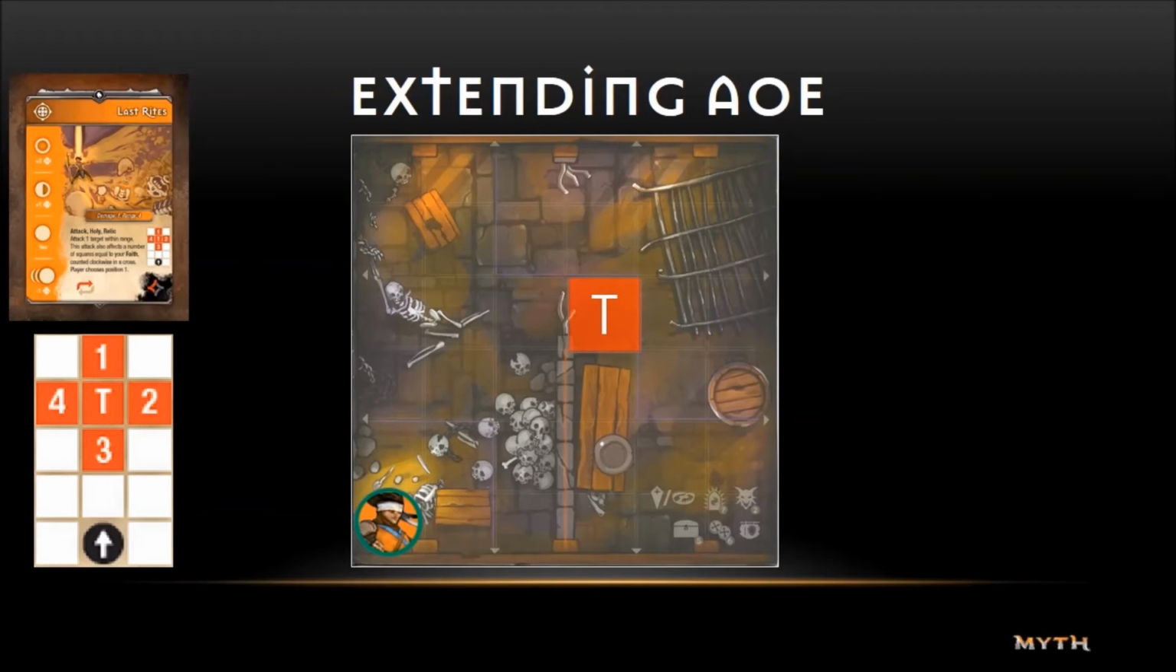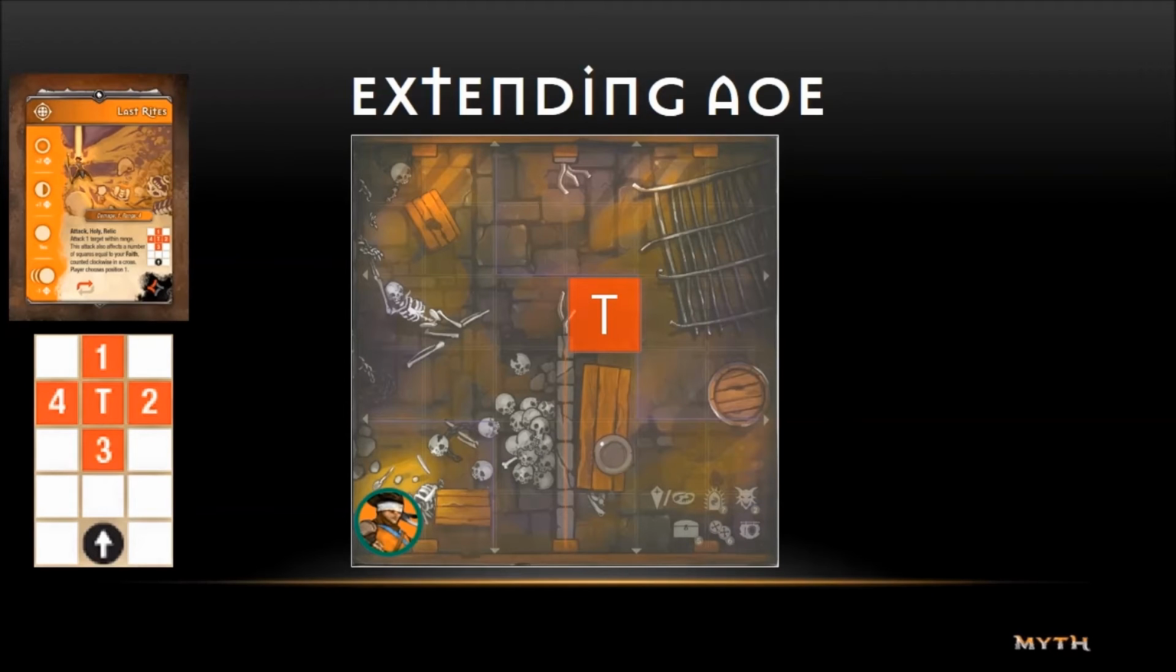I'll choose to put the target square here, and then the next question I have to ask myself is, how many faith do I have? And for every faith that I have on my board, I can extend out the area of effect by 1 square. And as you can see, there's 4 squares defined by this